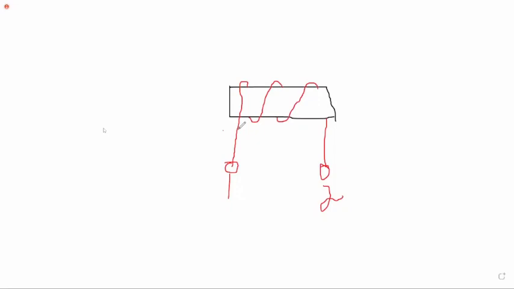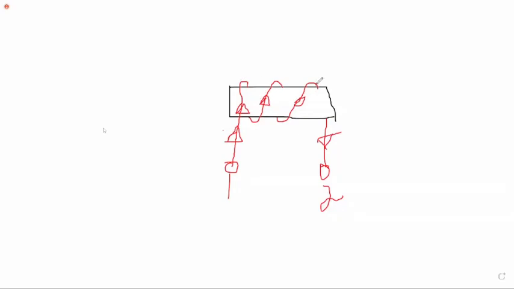Dot is here. Current enters from terminal 1, goes up like this, and coming down here like this, going up like this. Then you apply the right hand thumb rule. Now the rounded finger shows the direction of the current, and the rounded finger only on the front side current.